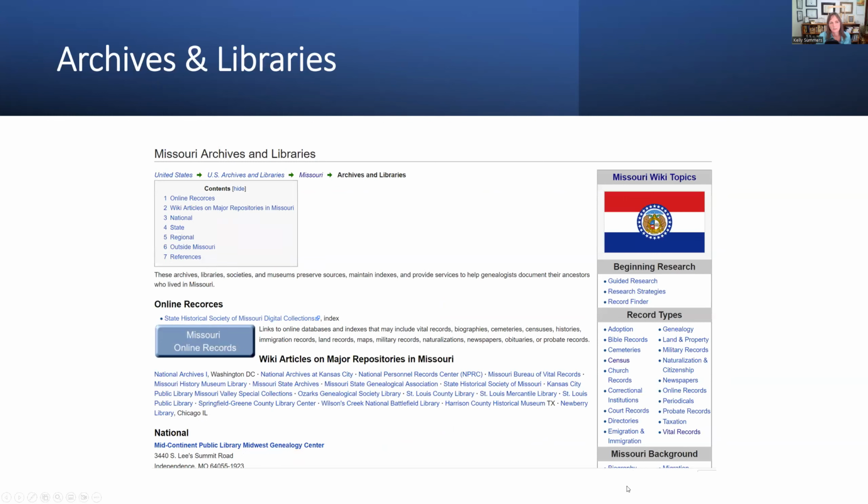Clicking down here under Missouri background, I think it was archives and libraries. This tells me what's available in these archives and libraries. Here we have an online resource, the State Historical Society of Missouri Digital Collections. This is actually a great resource. If you have Missouri ancestors, they have birth records and death records online that you can search. Then they have a list of these